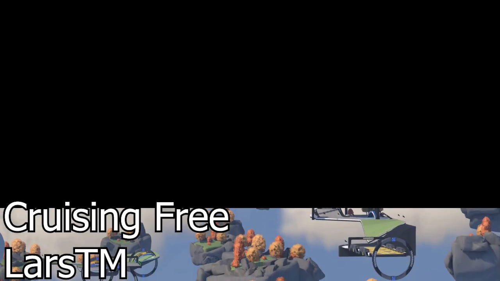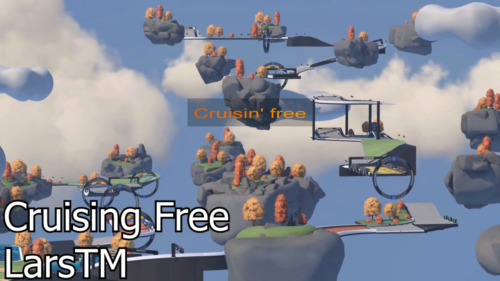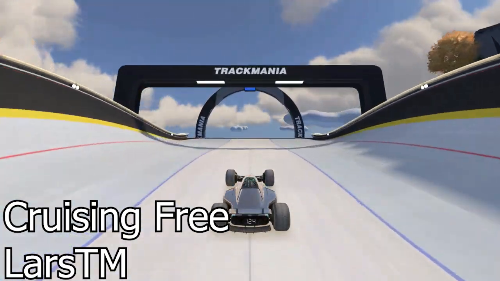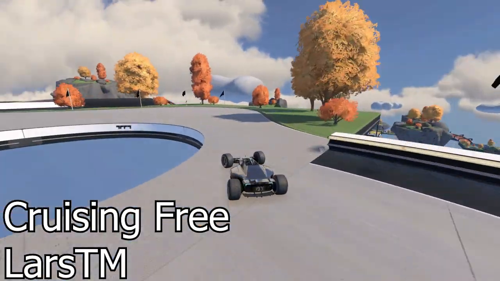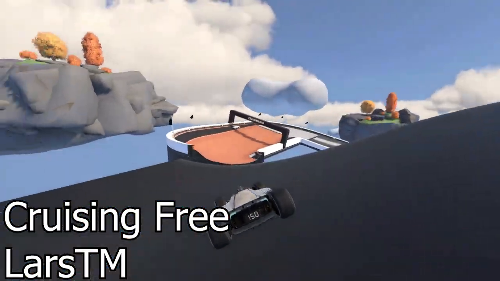The last map to feature is Cruisin' Free by Lars. Feeling like Heaven by Nightwolf, this map looks amazing. Built outside of the stadium environment, it feels like you're driving around the skies while keeping the cruise control theme going. The blocks are placed at correct distances away, while the floating islands are built around them to feel like